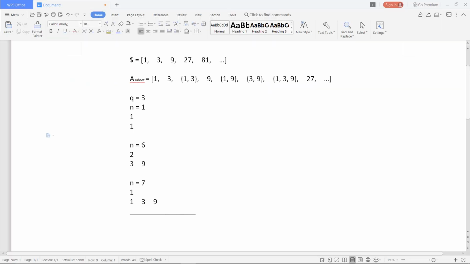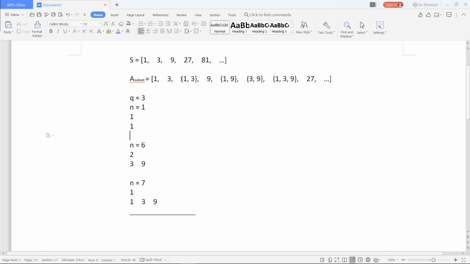We are given a set of powers of 3: 1, 3, 9, 27, 81 and so on, and the sequence of subsets of this set is {1}, {3}, {1, 3}, {9}, {1, 9}, {3, 9}, {1, 3, 9}, such that the sum of each subset in this sequence is greater than the subset before it.